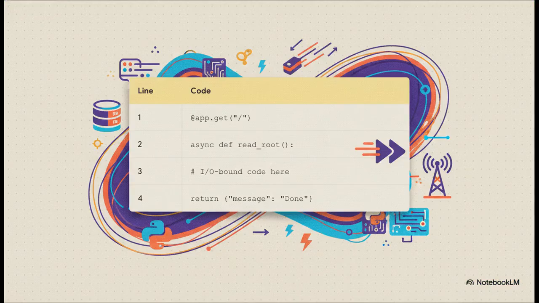So FastAPI was born and bred from modern async Python. When you see an endpoint defined with async def like this, you're basically telling the framework, hey, this function might have to wait for something slow, like talking to a database or another API. And instead of just sitting there and waiting, the server can pause it, go do other work, and come back when it's done. This is how it can handle thousands of connections at the same time without getting all clogged